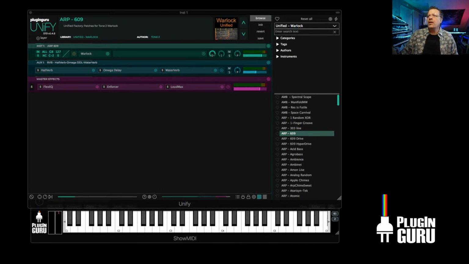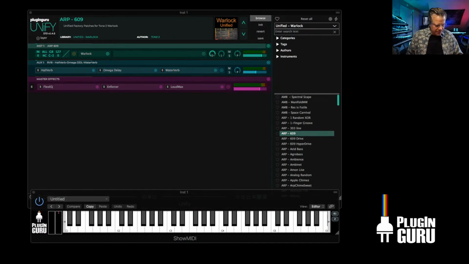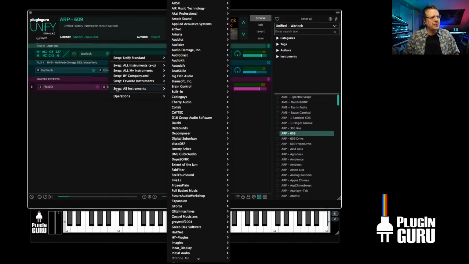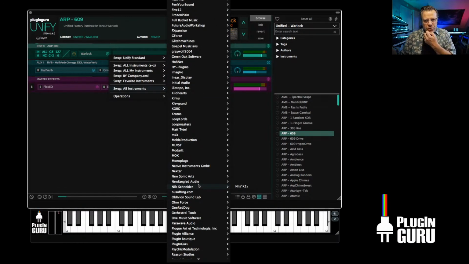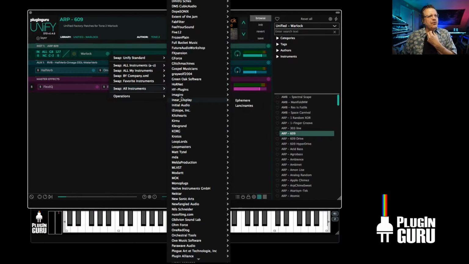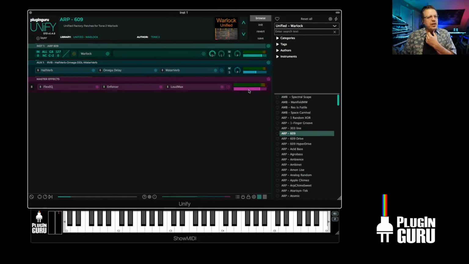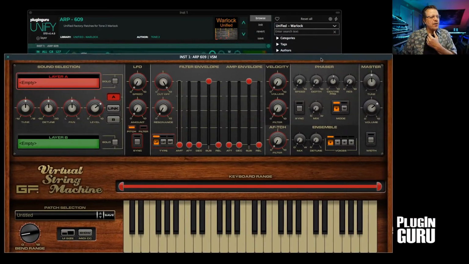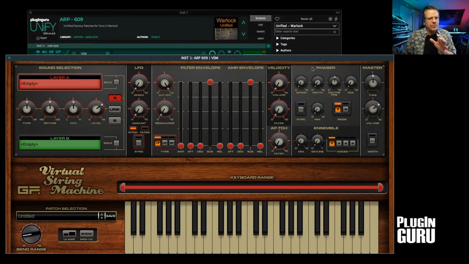So Warlock from Tone 2 is a cool new synth. There is something I want to also point out to you. ADSR. There is another synth that is on special this week that you need to check out. If you love string machines, GForce's String Machine is by far probably the most incredible plugin for string pads, and especially when you're trying to